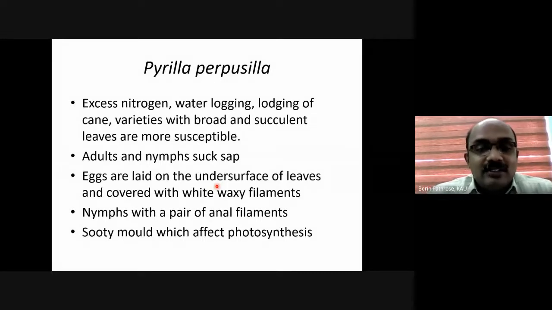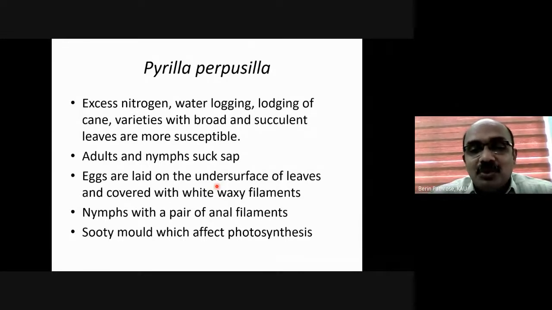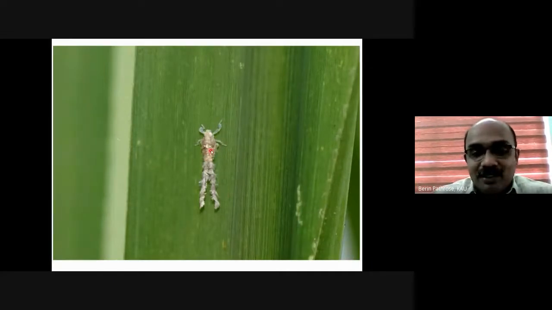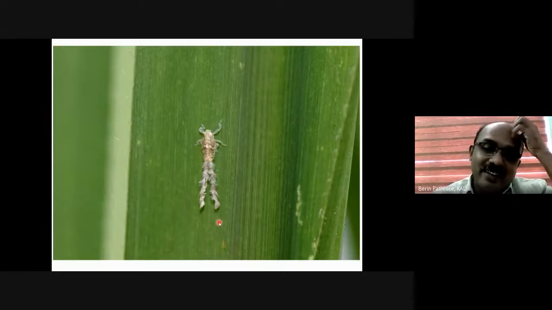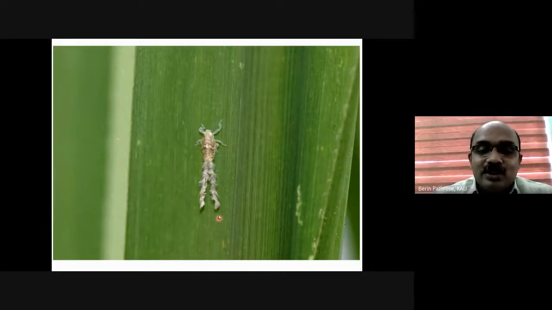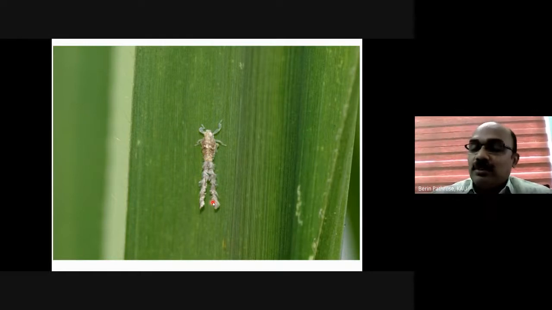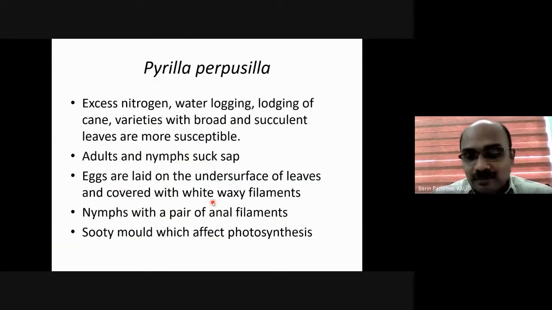One peculiar feature with this insect is that it has two anal filaments at the tip of the abdomen. I will show that picture. See this. This is a bug with two anal filaments. You can see, just like two tails longer than the body of that bug. So this is a very unique pest, which is very common. It's a minor pest. Only sometimes, whenever we go for excess irrigation, excess manuring, then only this pest will get severe. Otherwise, the pest is not that severe.